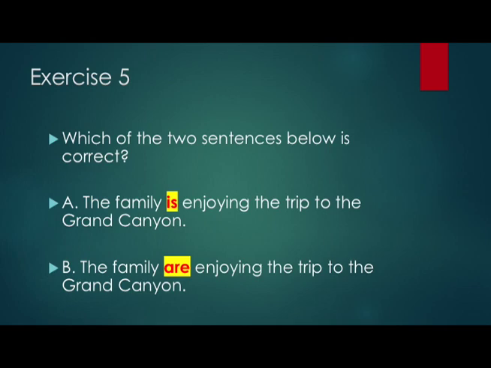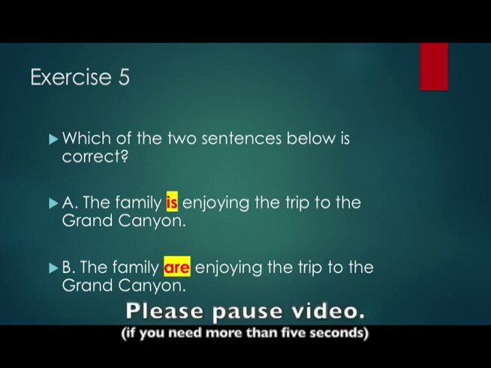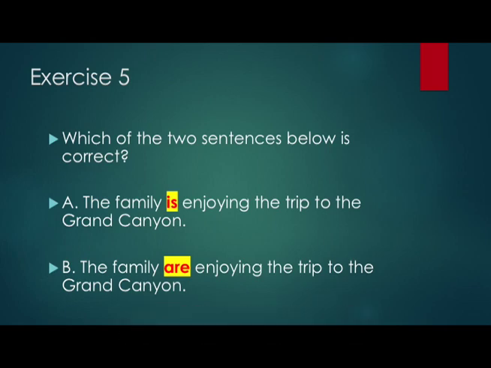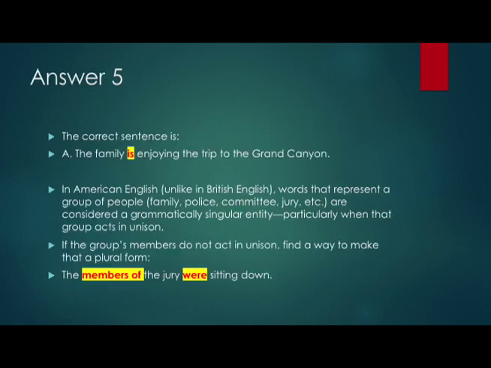Exercise 5. Which of the 2 sentences below is correct? A. The family is enjoying the trip to the Grand Canyon. Or B. The family are enjoying the trip to the Grand Canyon. The correct answer is A. The family is enjoying the trip to the Grand Canyon. So the rule here is